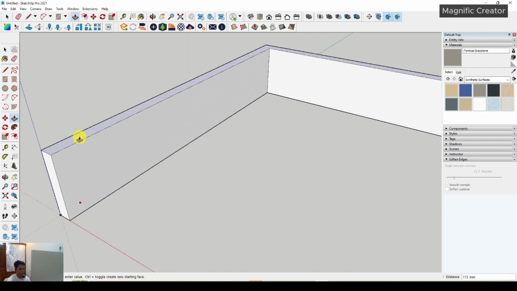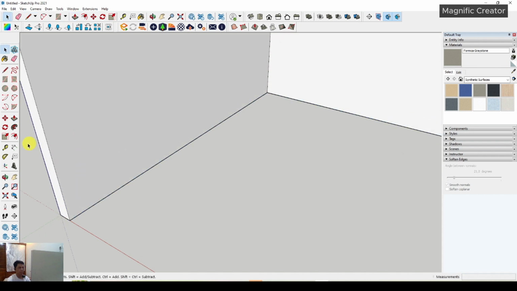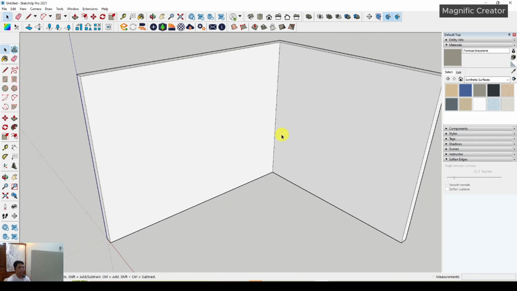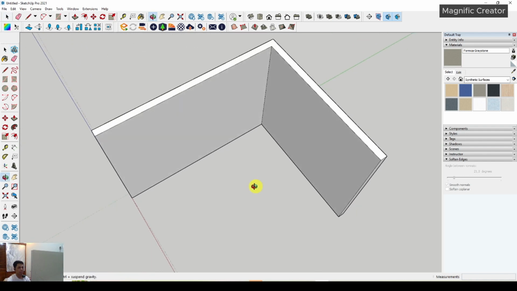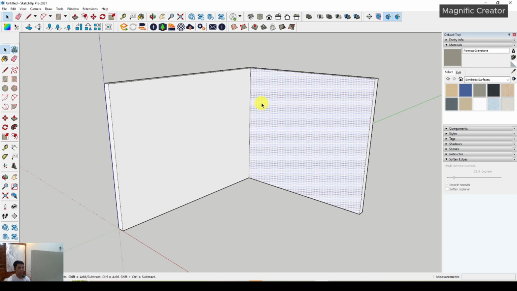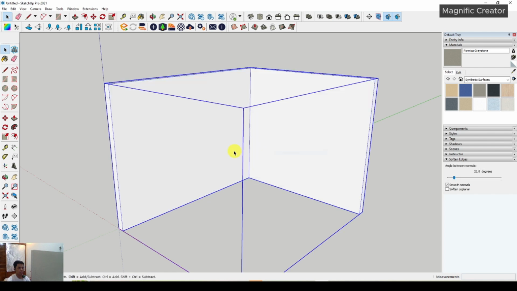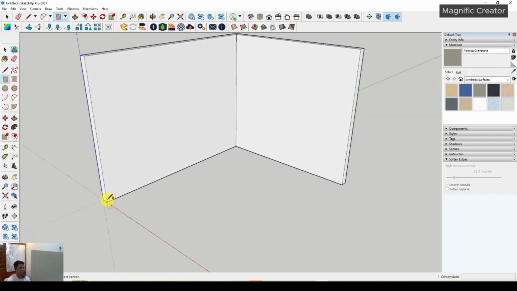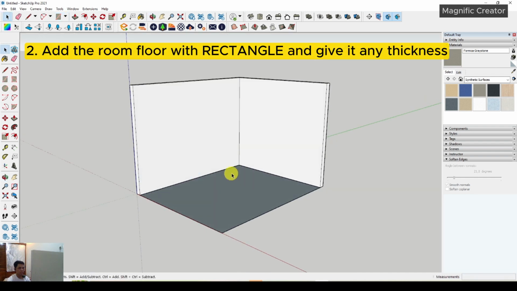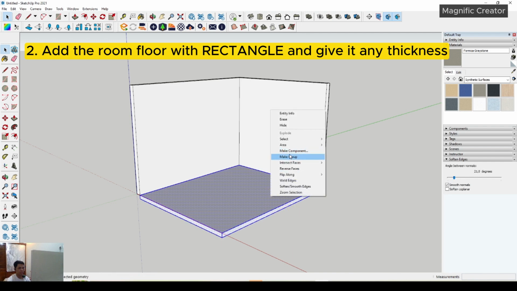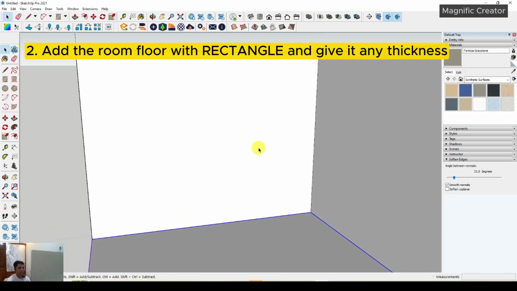Then you have to push it up to 3000 millimeters right here. As you can see, it is an L-shaped wall in this video, and after that you have to make a floor with a rectangle, and don't forget to make a thickness for the floor like here. And after that you have to make a